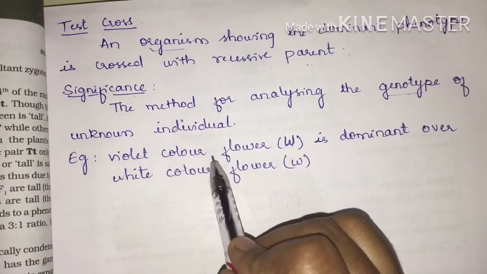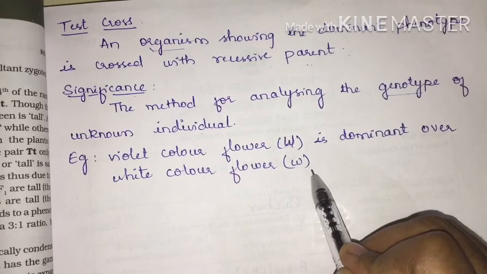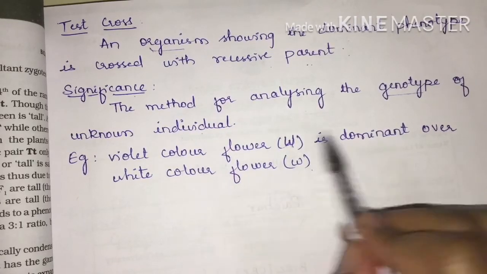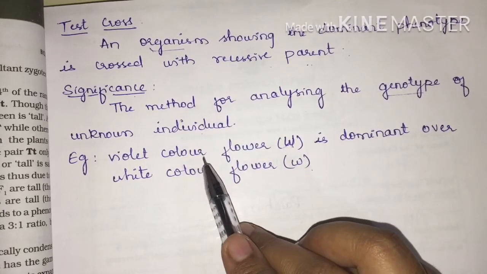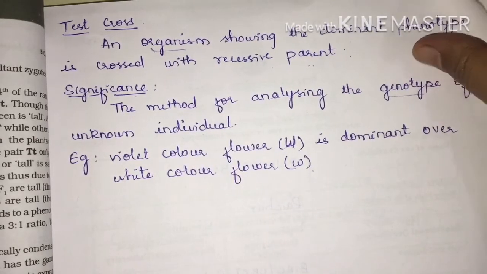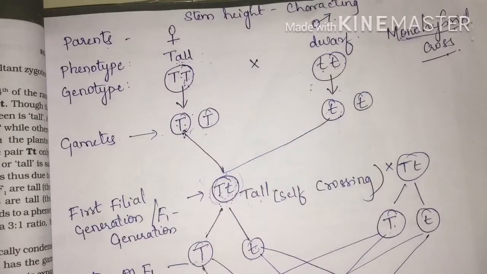Example, violet color flower, capital W, is dominant over white color flower. We have used small w. So about this example also I shall discuss. First, I shall discuss a test cross in a tall and a dwarf plant. So you can find here